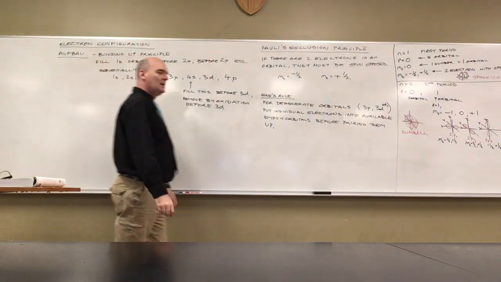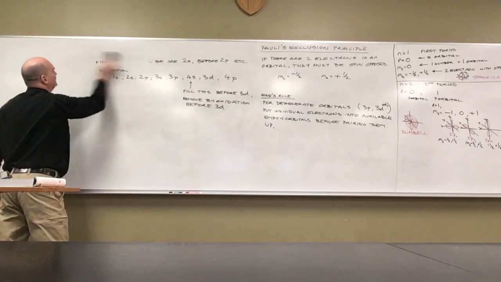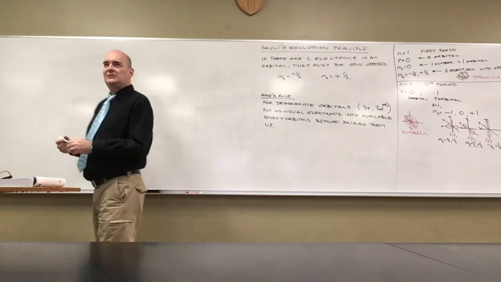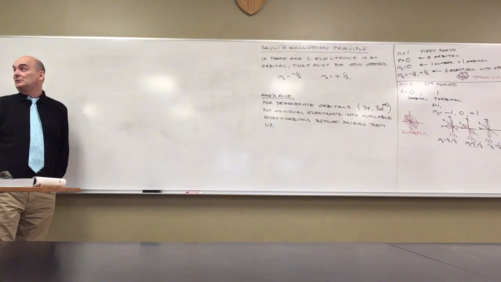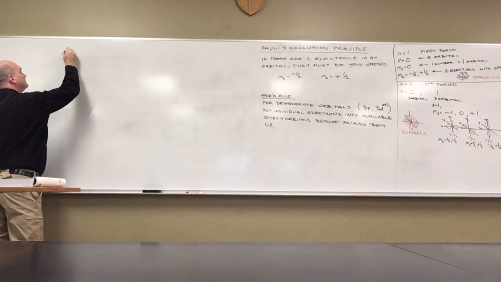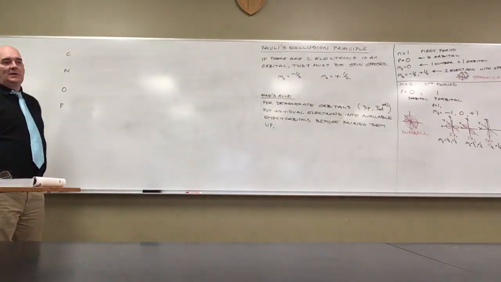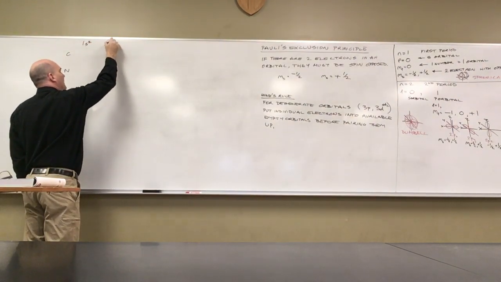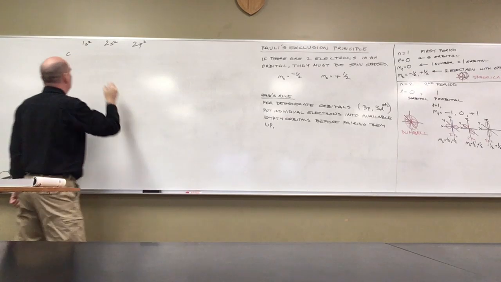Did you do the little boxes where you put the electrons in them? All right, good. Let's do that. Let's do carbon, nitrogen, oxygen, and fluorine. Carbon is 1s2, 2s2, 2p2. And so the little boxes